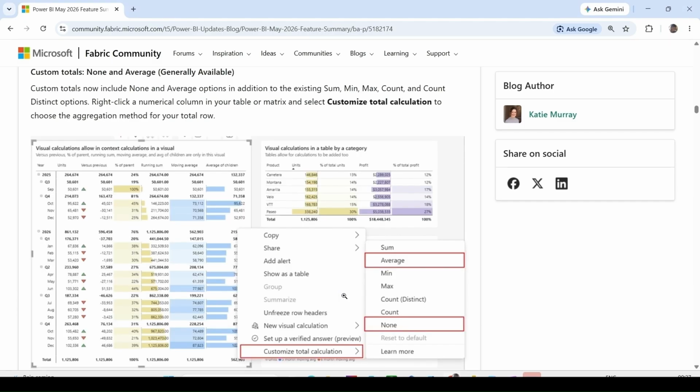Custom totals are also generally available now. Another feature that has reached general availability is custom totals. Historically, totals in Power BI often caused confusion. For example, average values, weighted averages, and median calculations would not always aggregate the way business users expected. Now, report authors have greater control over how totals are displayed. This allows totals to align more closely with business requirements